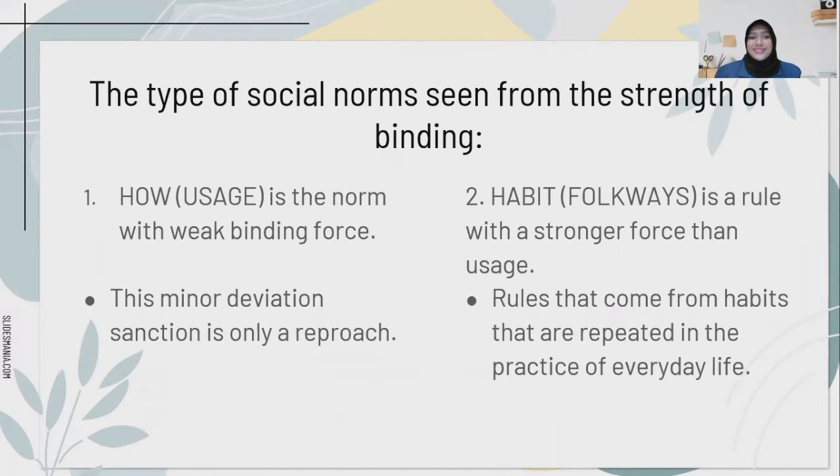So we go to the types of social norms seen from the strength of binding. First, usage, or how, is the norm with a weak binding force. For minor deviations, the sanction is only a reproach. Two, habit